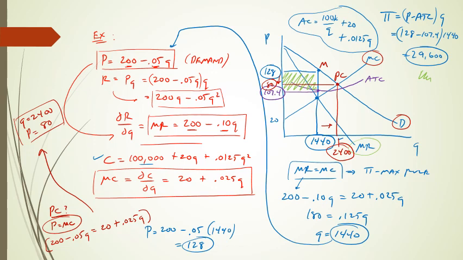If this were a perfectly competitive industry, maybe this is a drug for which the patent has run out, we can find the perfectly competitive price by simply going to the bottom left of the slide. In perfect competition, the intersection of demand and marginal cost dictates the price and quantity, because the marginal cost serves as the supply curve. So if we have generic competition, we should see the price moving down to $80. You can see that on the far left side of the graph. So all I've done there on the bottom left is I've set price, which is demand, equal to marginal cost